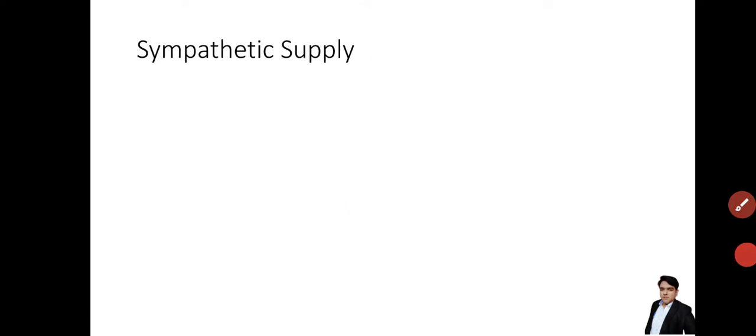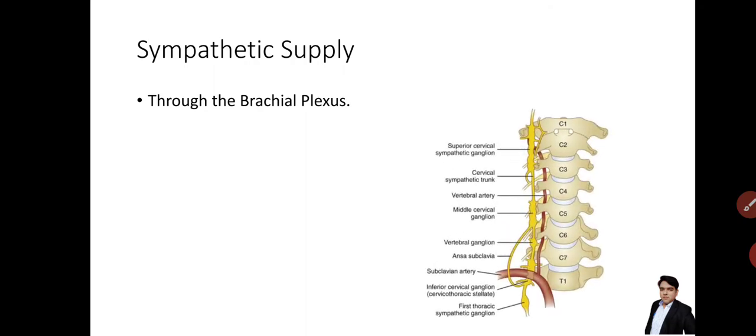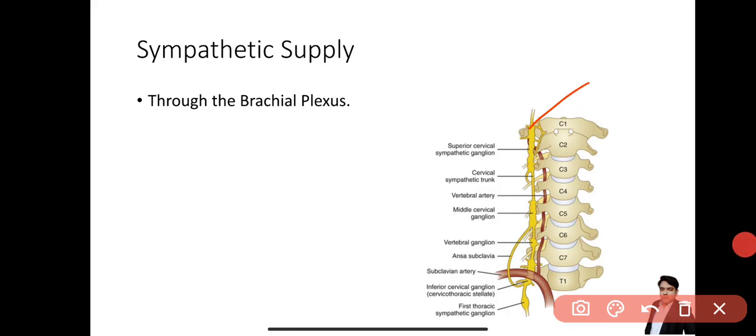Now the sympathetic supply through brachial plexus. So this is the diagram showing the cervical vertebrae and sympathetic chain. This is sympathetic chain. In the cervical region, it forms three ganglions: superior cervical sympathetic ganglion, middle cervical ganglion, and this inferior cervical ganglion. And this brachial plexus takes contribution from this sympathetic chain,